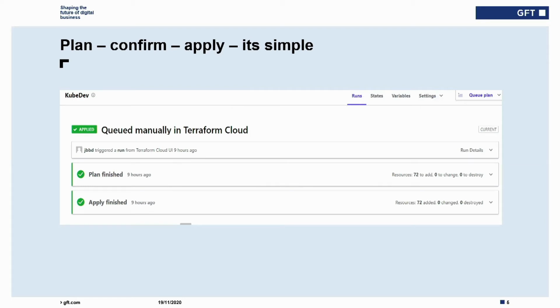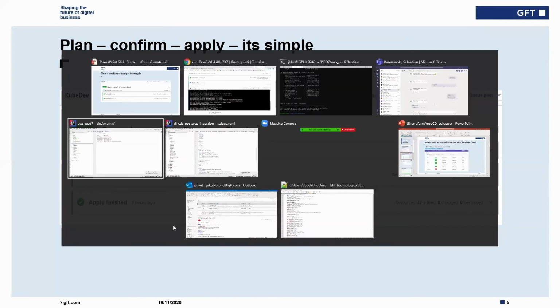It's simple. As I said, you hit the plan, you have the workspace configured with your repo. It will download your code, and then it will ask you as we go through it, would you like to go with it? And then if you're okay and the plan went through, you just apply it. It should be finished. If it's finished successfully, it will give us the output as well. Let's have a look. Where is it?